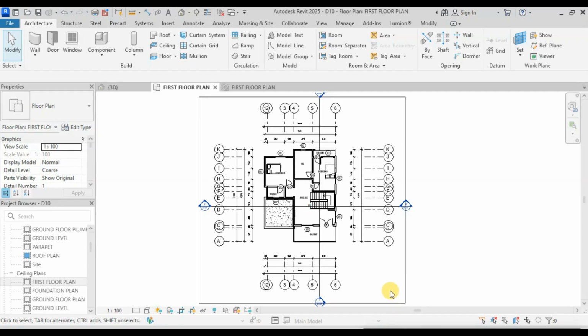Welcome to Horsepower Card, and in this video I will show you how to design an electrical plan or electrical layout